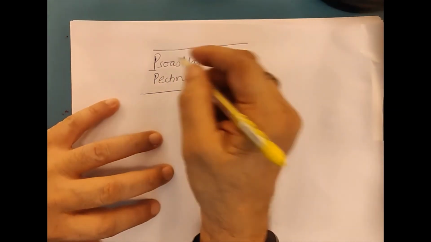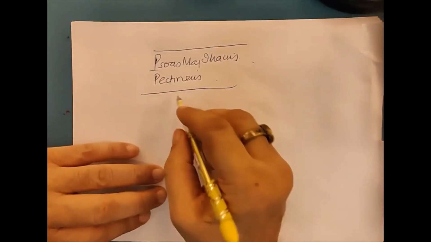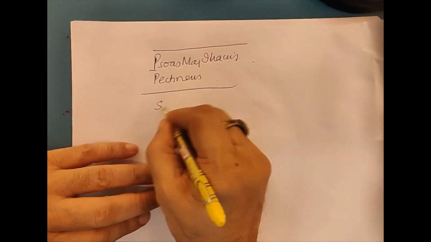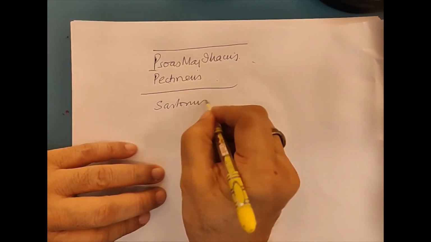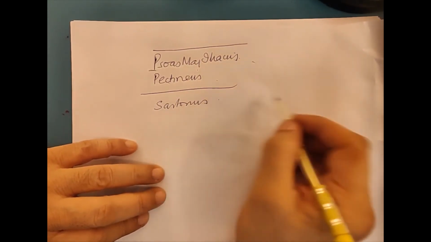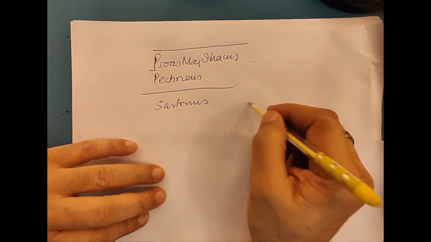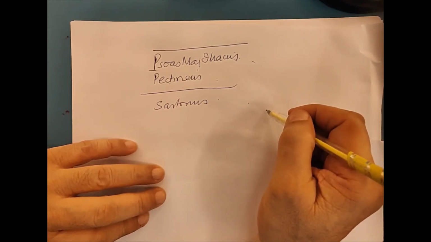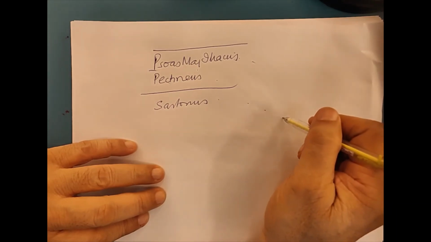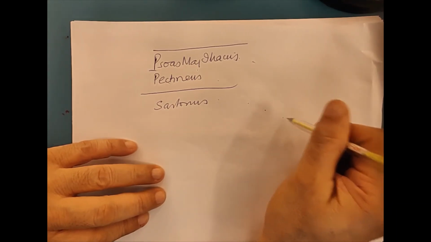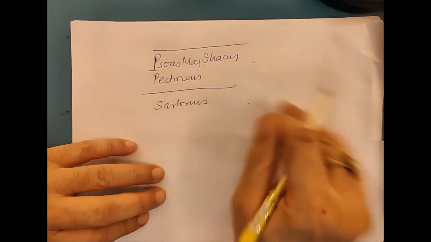Then you have muscles anteriorly which are sartorius. So from lateral to medial you have the sartorius, you have the iliacus, then you have the psoas, and finally you have the pectineus. All these form the